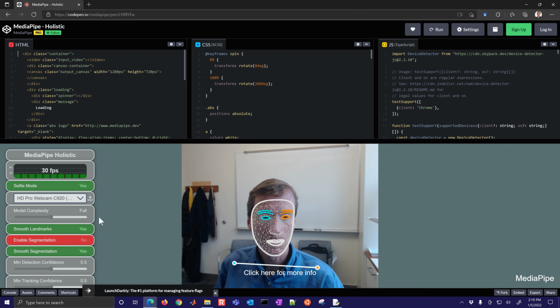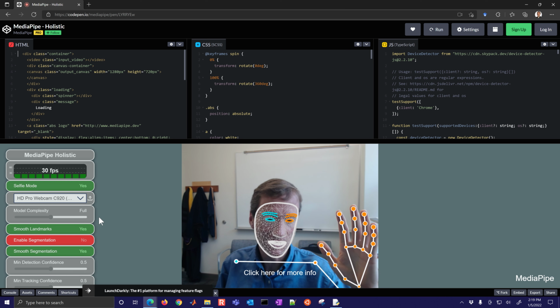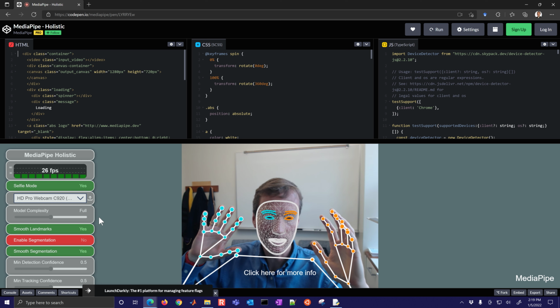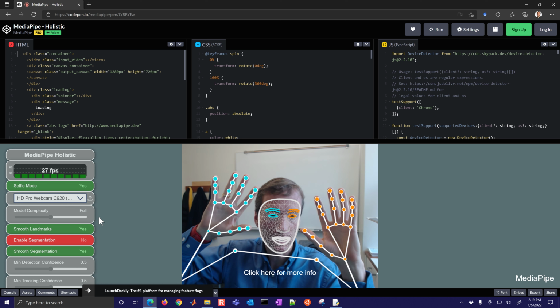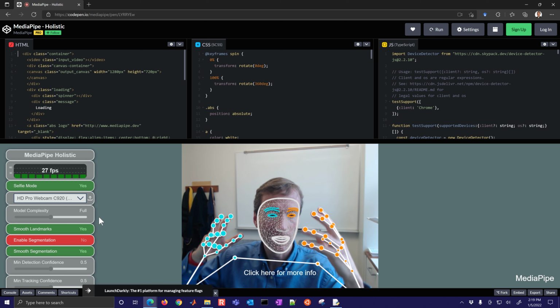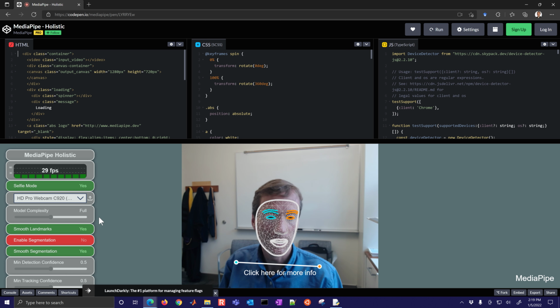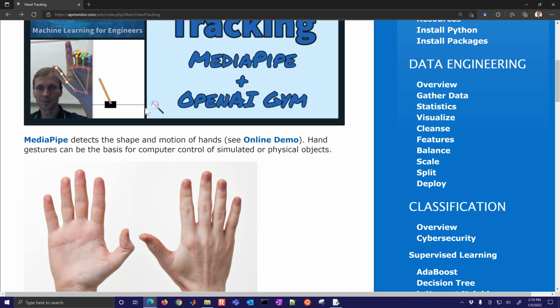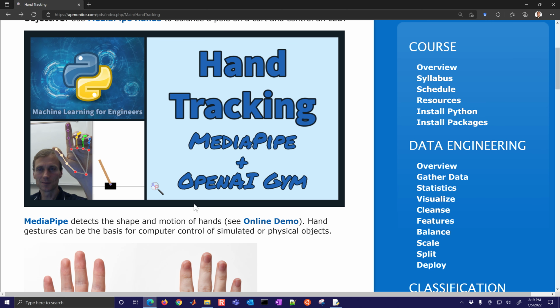MediaPipe is a cross-platform environment that you can use to detect things like pose, hand detection of the digits, maybe the pointer finger, and also the face and other objects that you can track in 3 dimensions. We're going to go through an example where we couple MediaPipe with an OpenAI Gym simulator to see if we